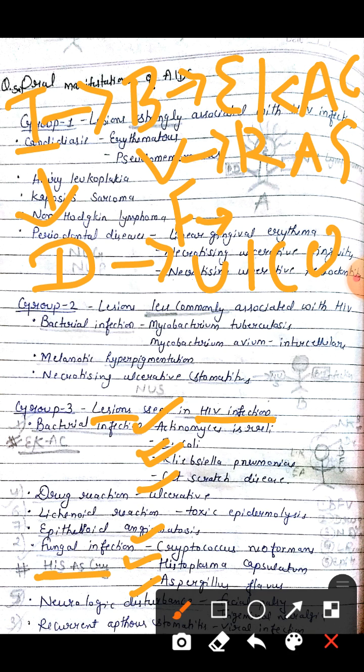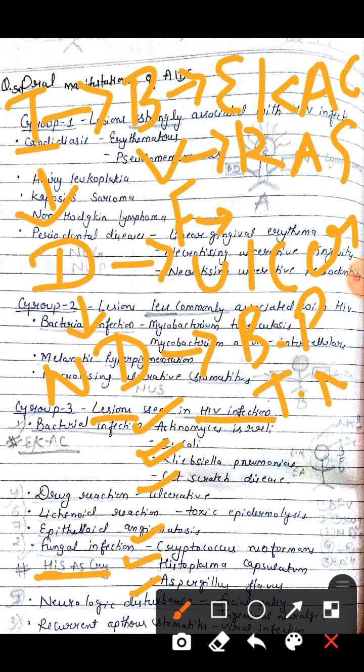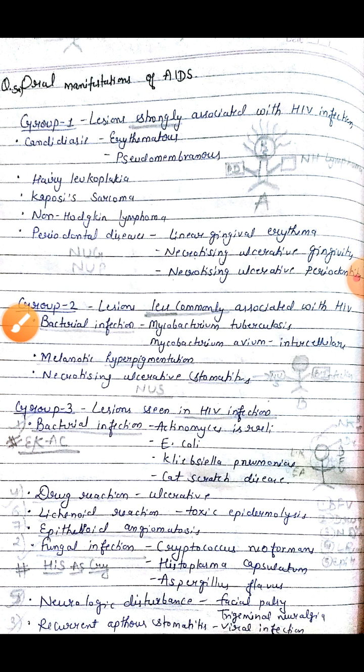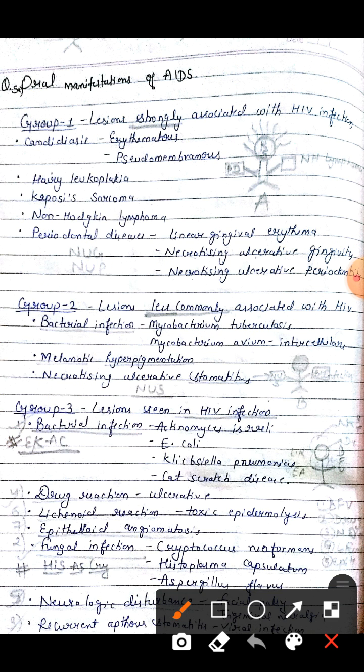Okay. After the drugs, the patient will have some kind of neurologic disturbances। Yes. So in the neurologic disturbance, you will write Bell's palsy. You will write trigeminal neuralgia। Okay, and two more names which you have to remember are epithelioid angiomatosis and lichenoid reaction। Okay, so this was all about the oral manifestation of AIDS।